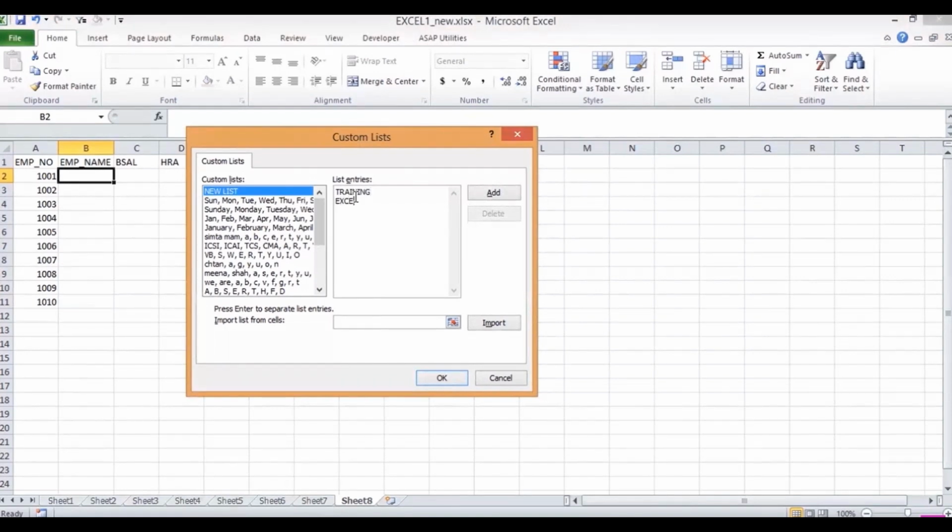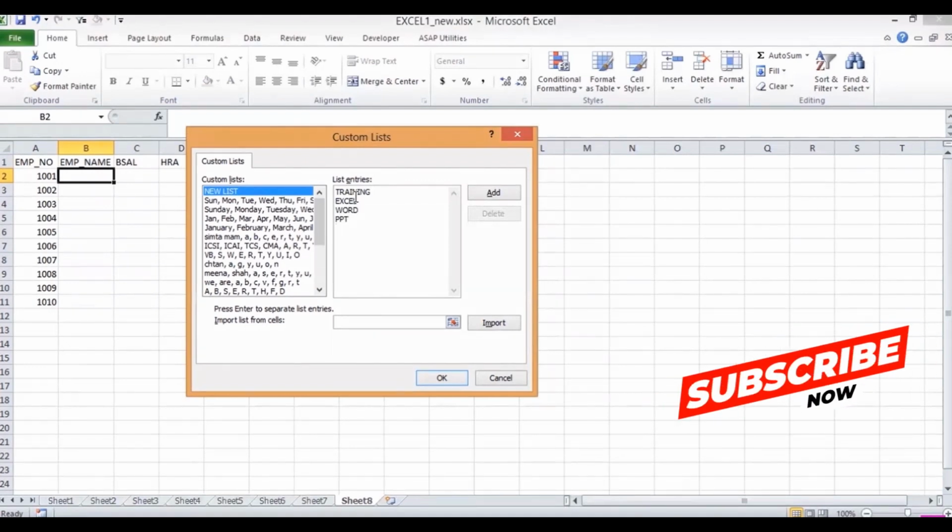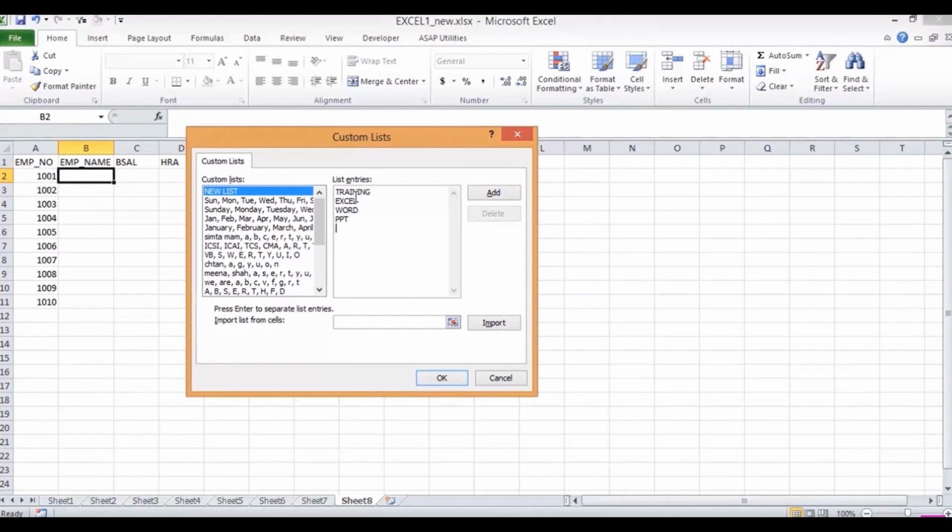For example: Training, Excel, Word, PowerPoint, Java, C, C++,